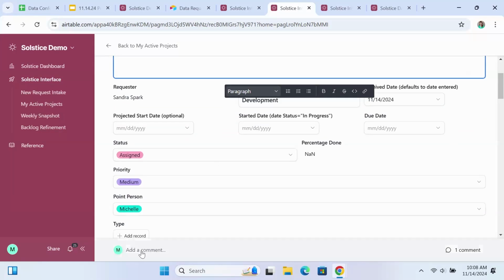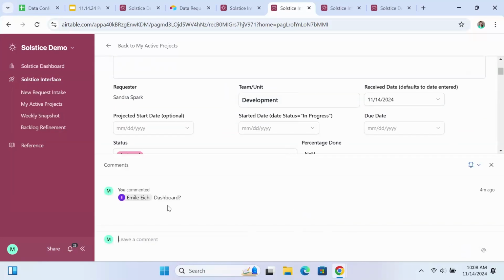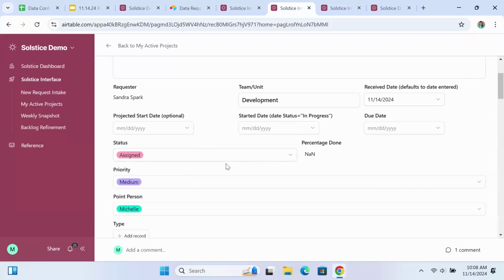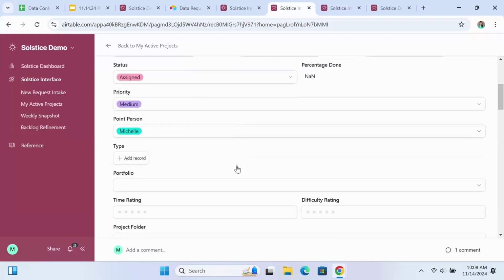I can add comments down here. We can see it already has that comment that was entered earlier. It's tracking along with the project at every step of the way. And now that I know more about it, I'm going to go ahead and say,